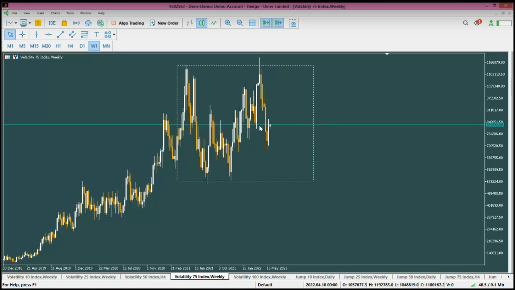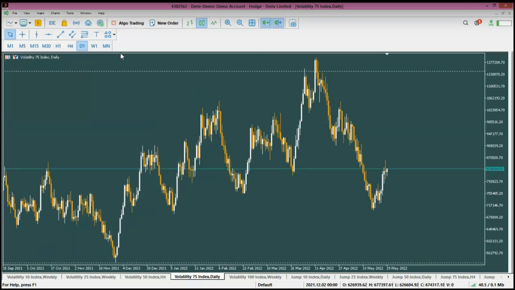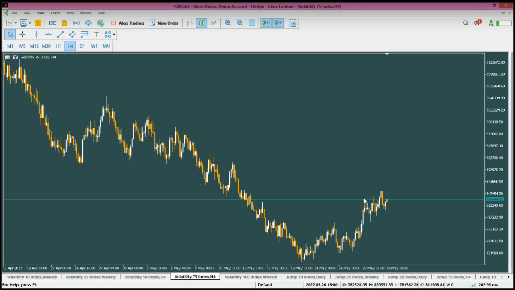So what happens here is that we wait for that better opportunity or better entrance point. That better entrance point, let us take a look. And that better entrance point, guys, can be now, as we speak.